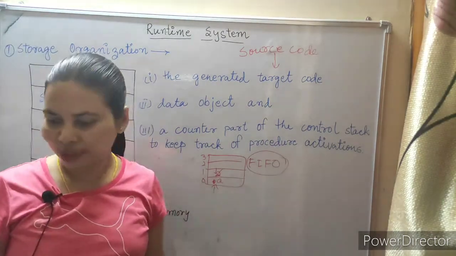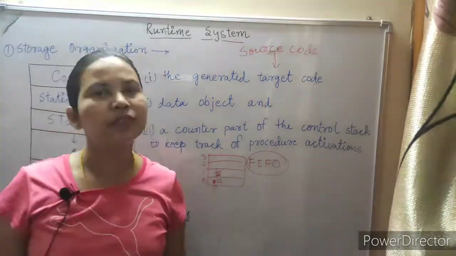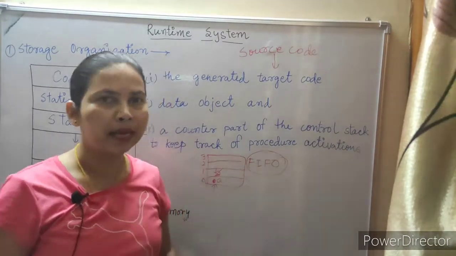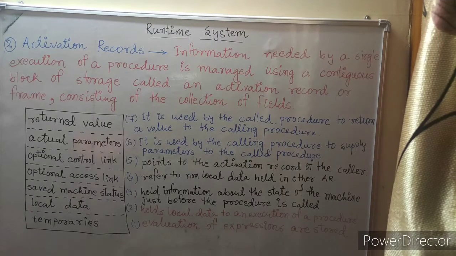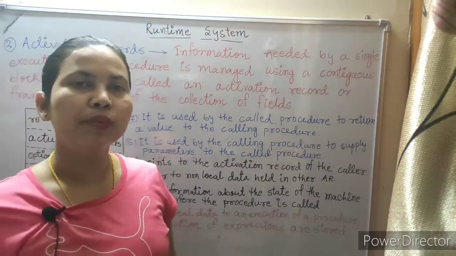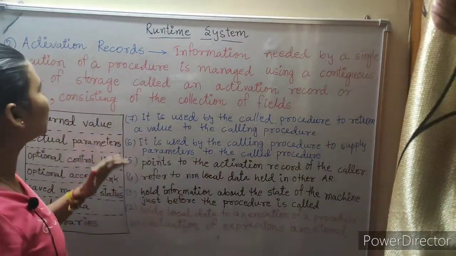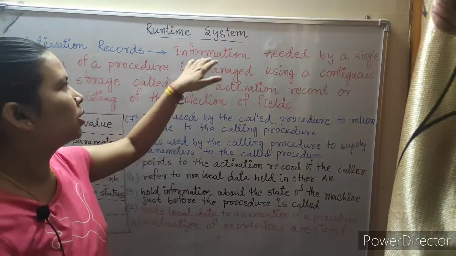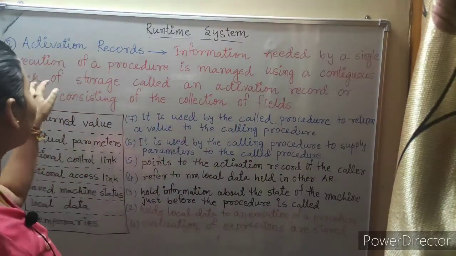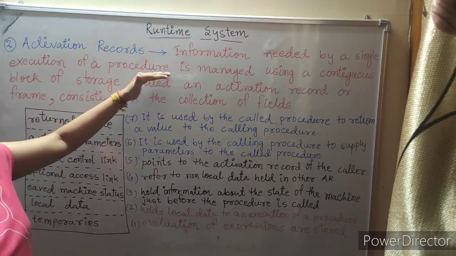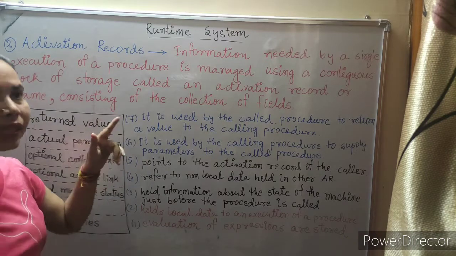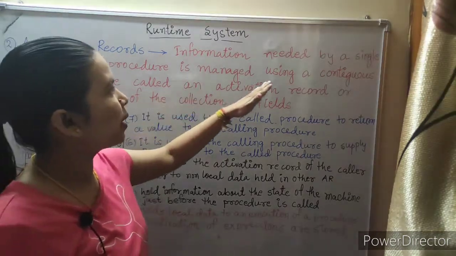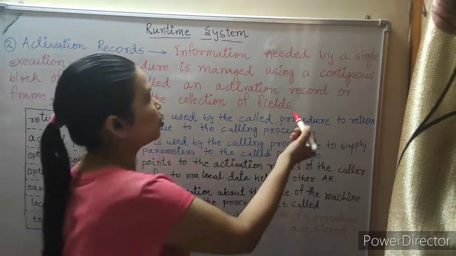Then afterwards the next topic given is activation record. Now we will see activation record. This is the second topic: information needed by a single execution of a procedure. Single execution means what we need in the program in a single execution. It is managed by using a contiguous